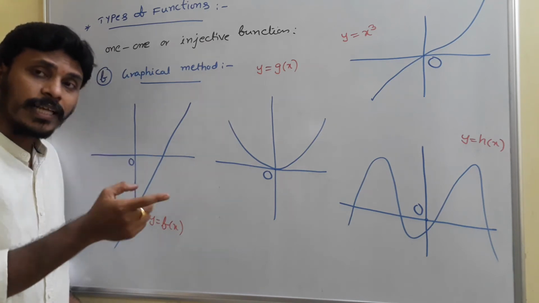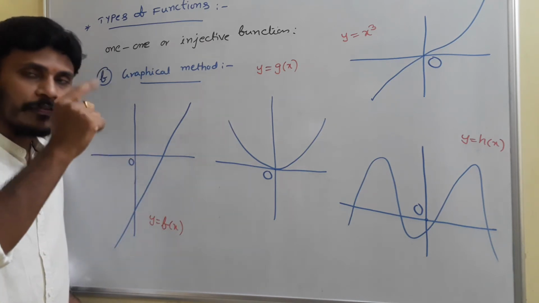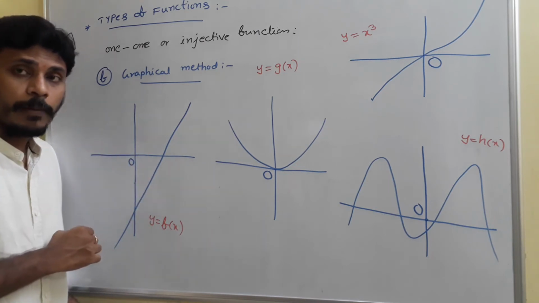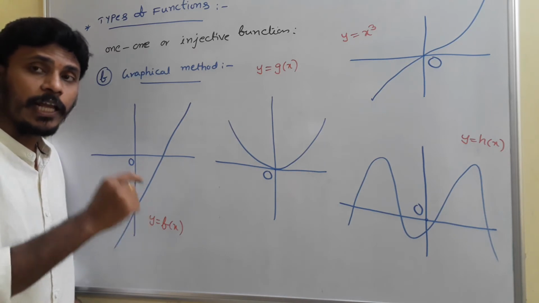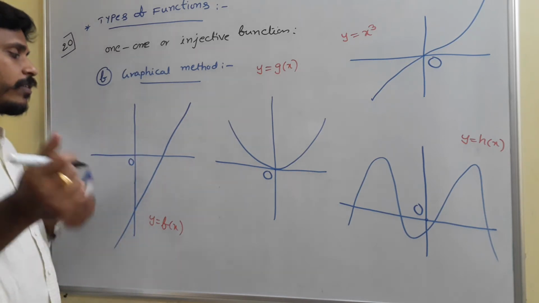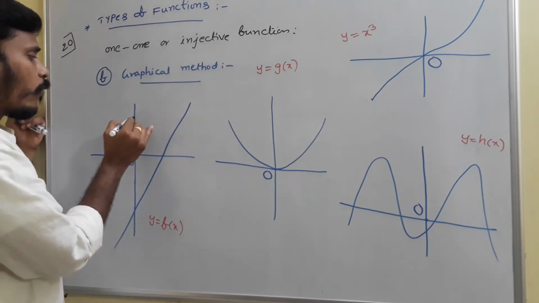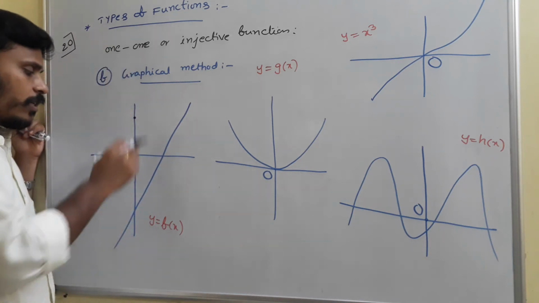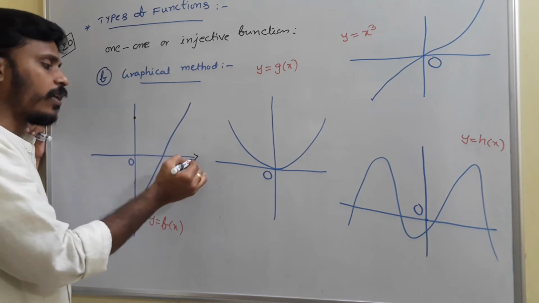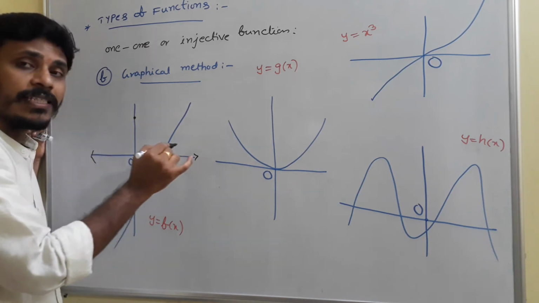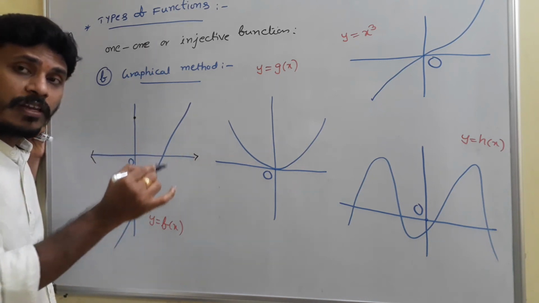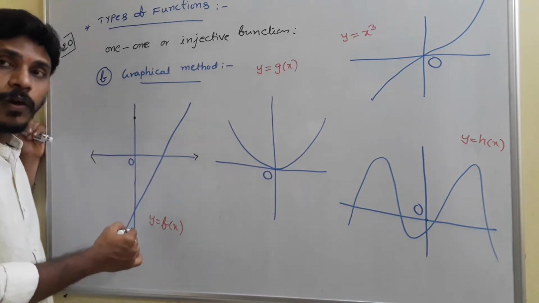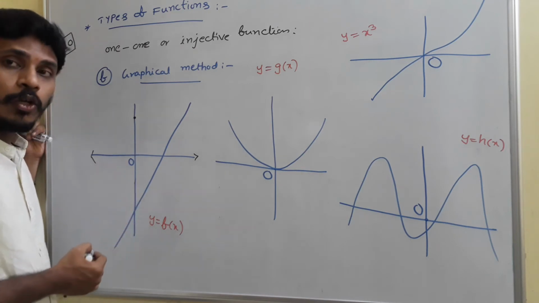To check whether they are 1-1 or not, the basic definition you need to memorize: different elements have different images. So, first suppose you just start with any one point on the y-axis. Usually we learnt in sketching graphs, this horizontal line is the x-axis, which corresponds to the variable x, the values of the domain. This vertical line is for y values, corresponding to the values of the codomain.